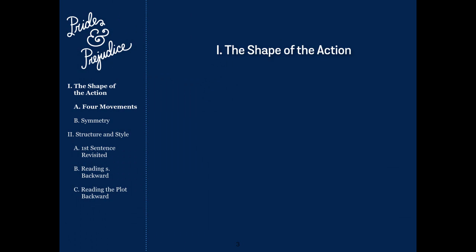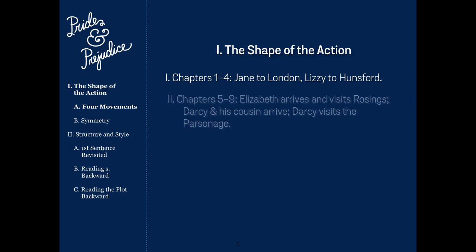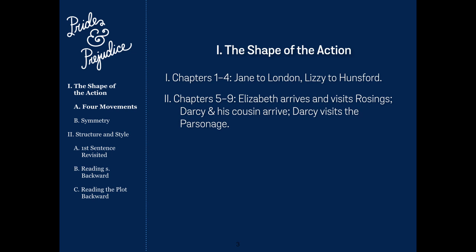The shape of the action in Volume 2 falls into 4 roughly equal movements, just as it did in Volume 1. There's an opening movement, chapters 1 to 4, in which Jane goes to London with Mr. Bennet's brother and his wife, the Gardiners. Elizabeth and her companions stop to visit there on the way to see Charlotte and Mr. Collins in Hunsford. The second and third movements take place there, partly at the parsonage, that's the Collins' little home,